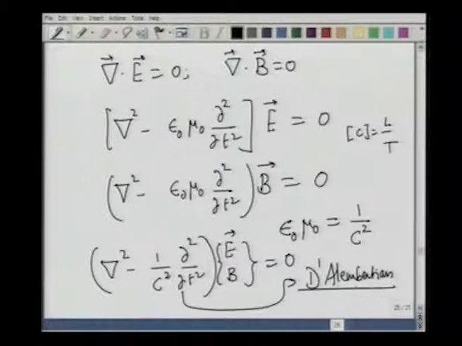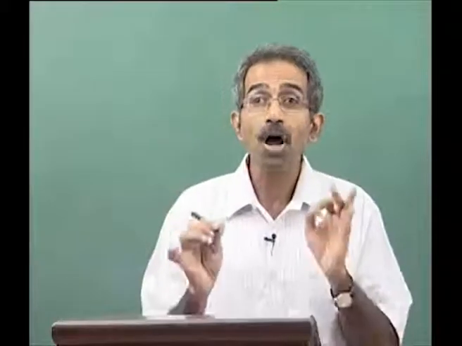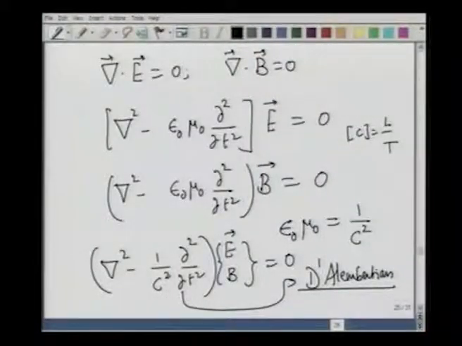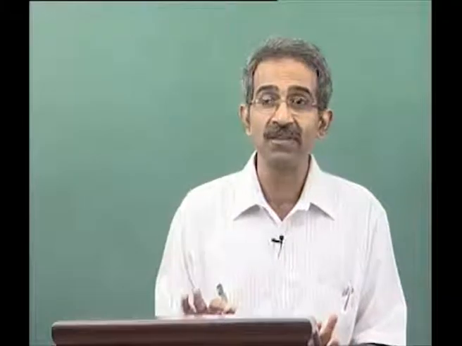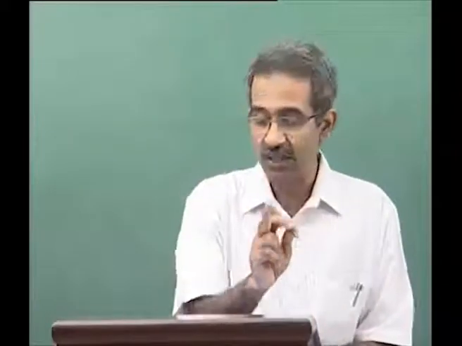Ex, Ey, Ez, Bx, By, Bz. There are 6 quantities: 3 components of the electric field vector and 3 components of the magnetic field vector. All of them satisfy the same equation, del squared minus 1 over c squared d squared by dt squared equal to 0, operating on E or B. Therefore, one thing is for sure: if there are non-trivial solutions, those non-trivial solutions will propagate with the speed c.